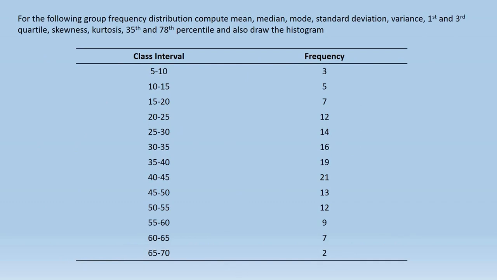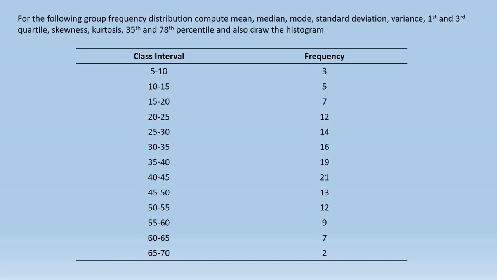Now we have a problem right over here. For the following grouped frequency distribution, compute mean, median, mode, standard deviation, variance, first and third quartile, skewness, kurtosis, 35th and 78th percentile, and also draw the histogram for this. We have the data set having class interval 5 to 10, 10 to 15, 15 to 20, and so on,